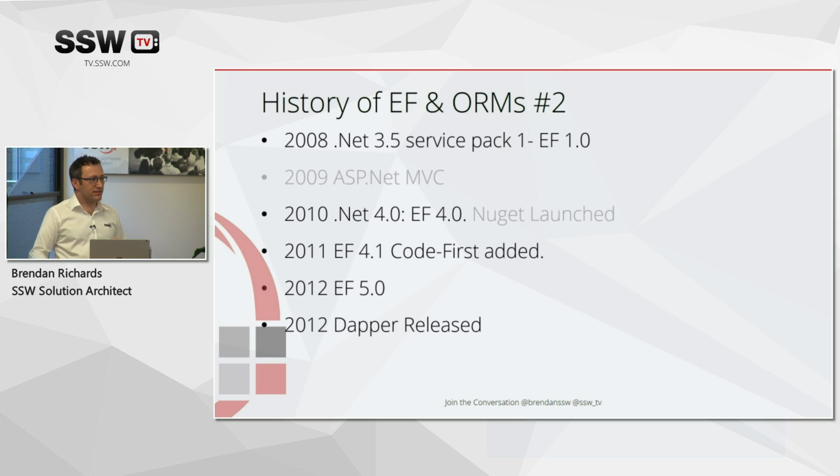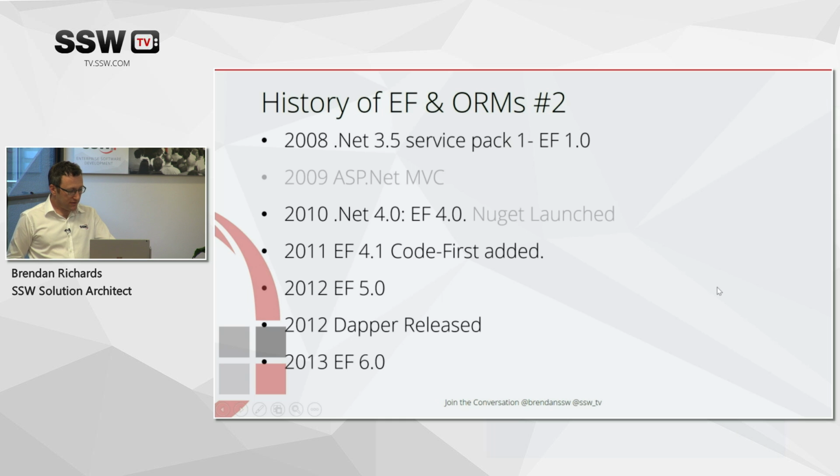2012, Dapper is released, and that's another sort of big choice to make if you want to work with an ORM in .NET. With Dapper, it's a very different beast. Both Hibernate and Entity Framework are what's called heavyweight ORMs. They do a lot of work to get information from the database, hold on to the state of that information. Dapper is very, very lightweight. You write raw SQL queries for Dapper and just convert the result of those queries into objects. And you don't have that kind of change tracking and long-term resource use.